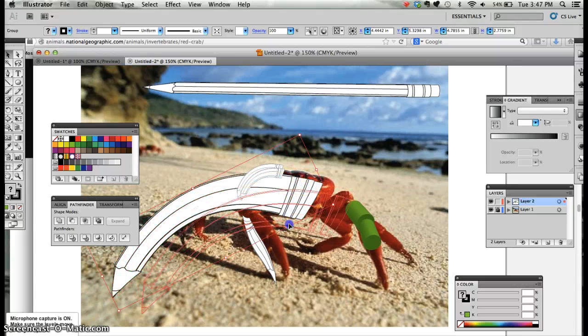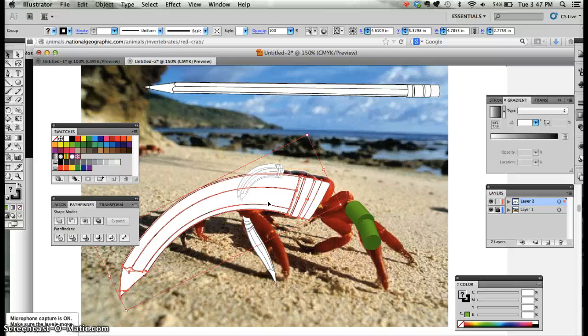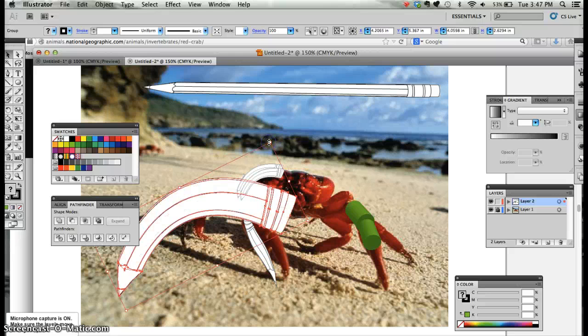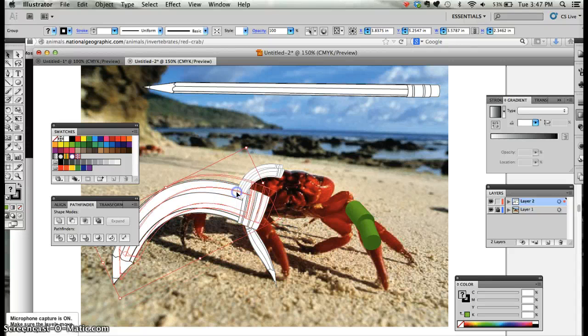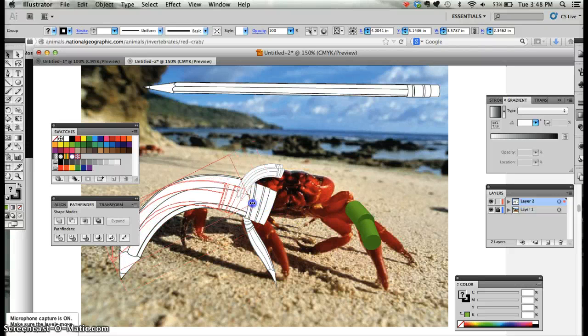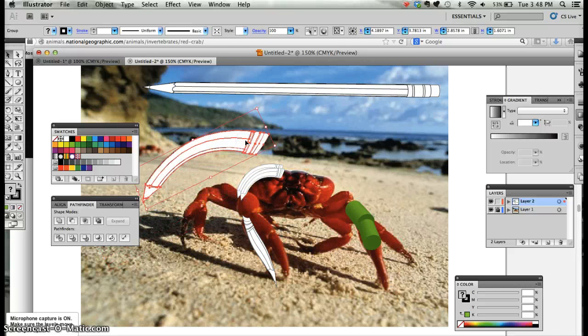So what you want to do, you want to have more detail rather than less detail. I wouldn't recommend having that entire pencil be an entire leg. I would have multiple pieces, because the fewer that you use, the less information you're giving to your viewer. Now that being said, if you use 1,000, more isn't always more. You want to give enough information to the viewer that says, oh, that's a crab, or oh, that's a leg. Maybe this is one piece of that leg, and then I move on to the second piece of that leg,